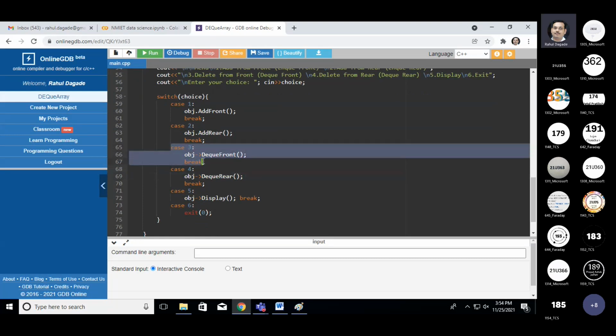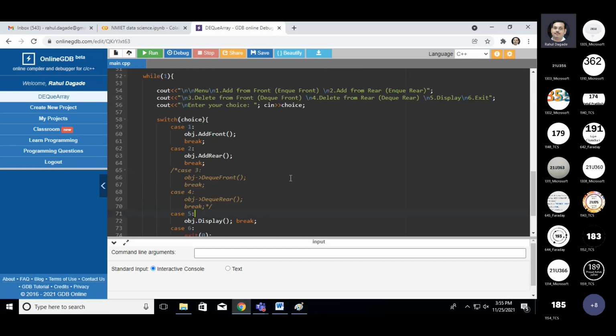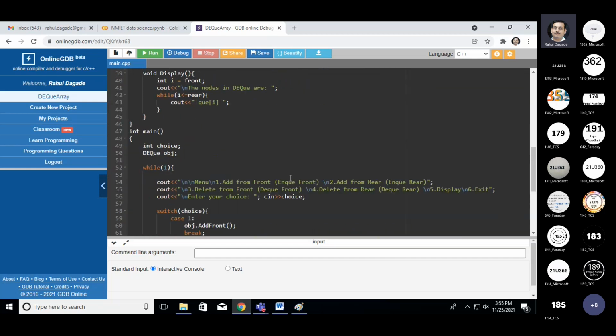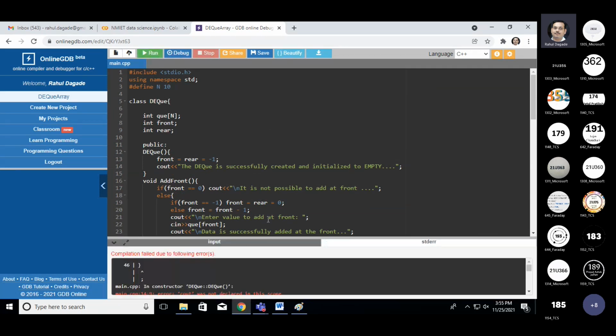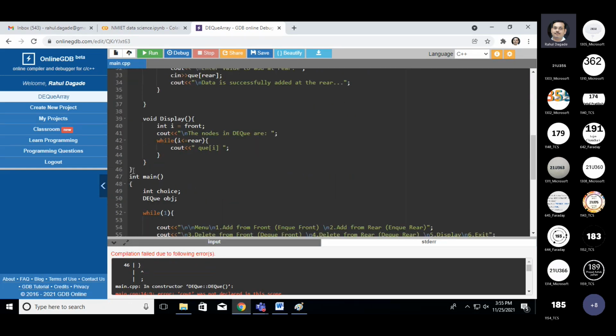Case 3, case 4, I have to just comment out this, comment out, and then display the function. Fifth one. All right, so done. So now let us run it. 46 lines, 46 we have not completed. Yes,